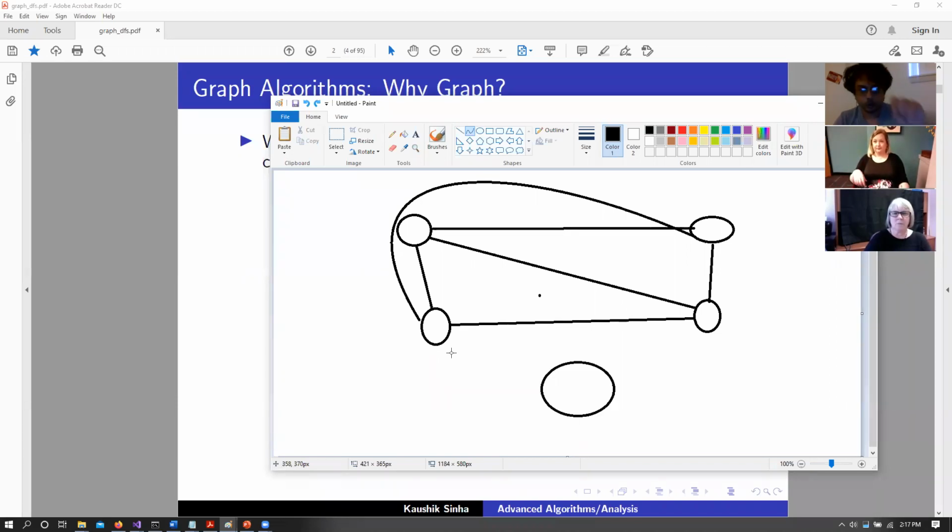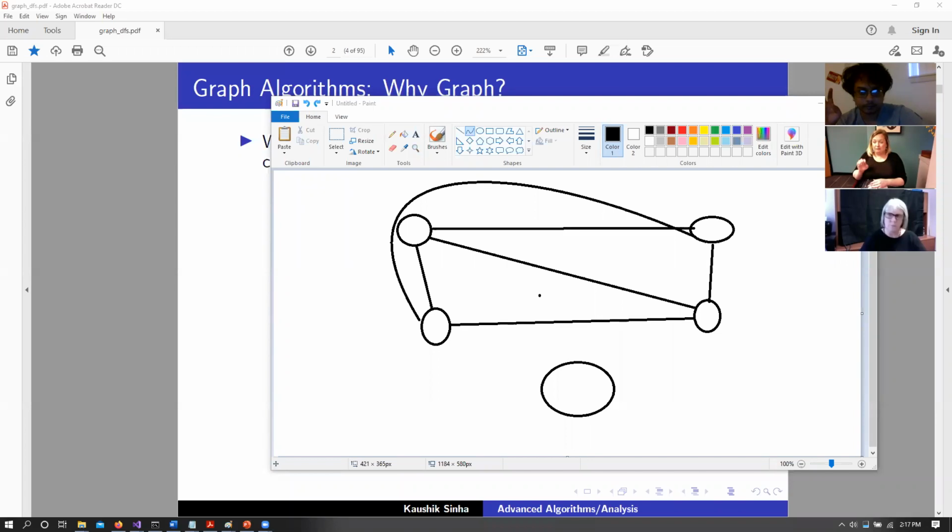Let's add another node to it, right? And imagine the most complex graph that we can have. The most complex graph that we can have is where a node is connected to every other node. That is what we call a clique, CLIQUE, or a complete graph, where every node is connected to every other node. Okay, so now we have to connect this new node, the fifth node, to every other node.